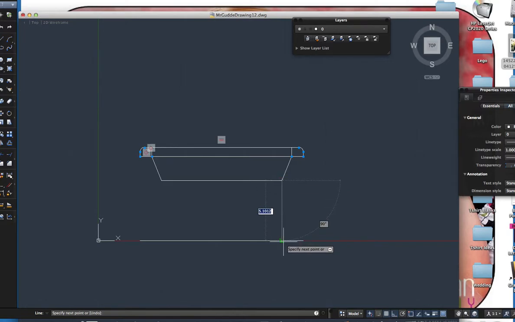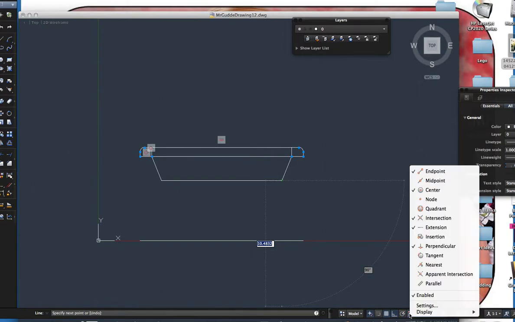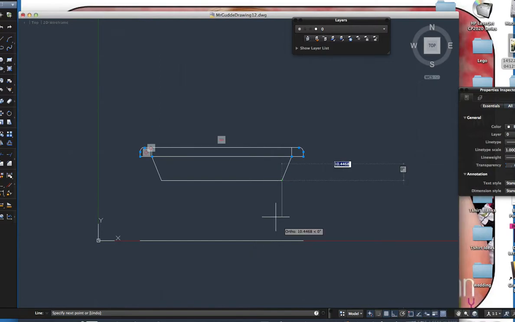Now if this perpendicular line does not show up, and some of you guys it does not show up, you're going to come down to the bottom where it says Object Snap. I'm going to right click, which on a Mac is Control click, and make sure perpendicular is selected. Okay, that'll give you the opportunity to do what we're going to do. Okay, I'm going to again come down and I want to snap to the perpendicular line, which is right here. Once you see that green line, that means you can select it, click, and hit escape. Okay, what I have now is I have